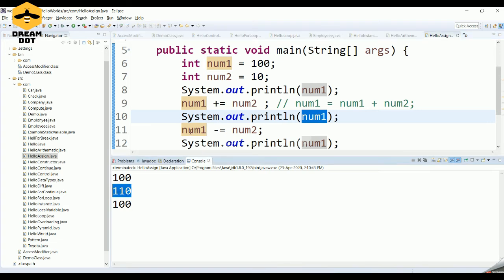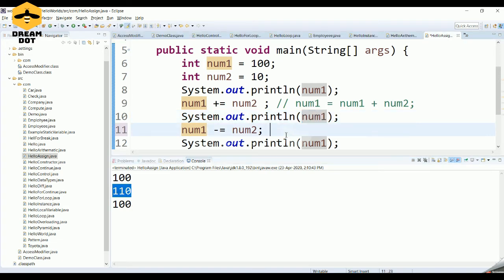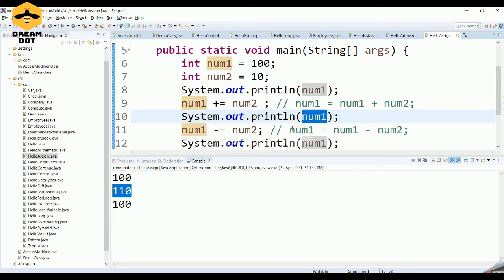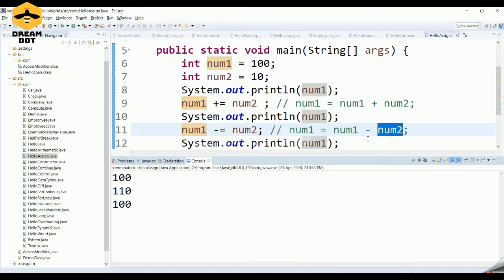The meaning behind this is num1 equal to num1 minus num2. So 110 minus 10 will be equal to 100. That is why 100 has got printed for you.